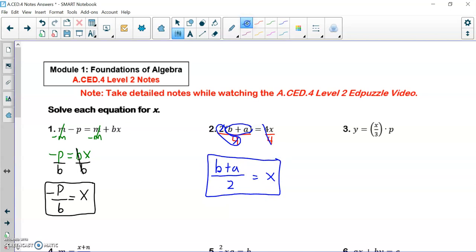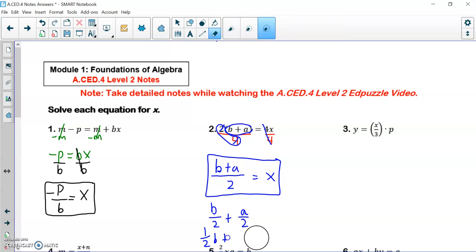You could also write this answer as a b over a 2 plus an a over a 2 is equal to x. Or it could also be a 1/2 b plus a 1/2 a is equal to x. It's up to you how you want to write your answer with that, but I'm just going to leave it as a b plus an a over a 2. All right,